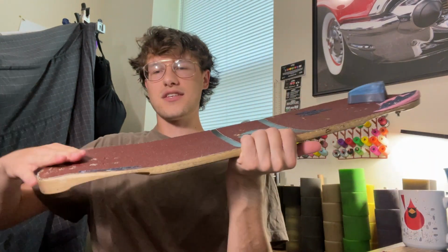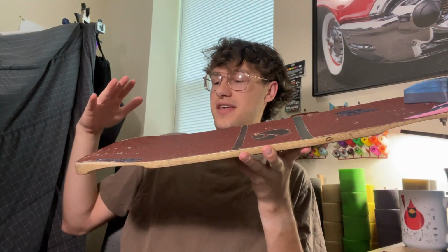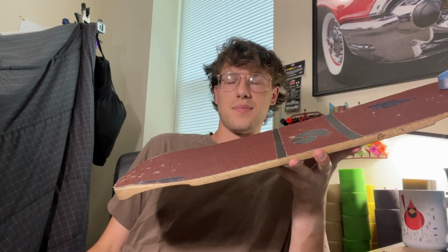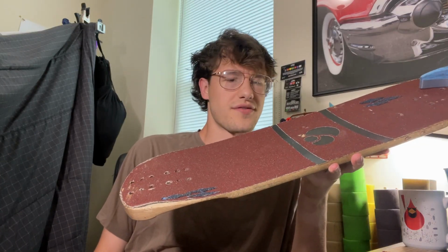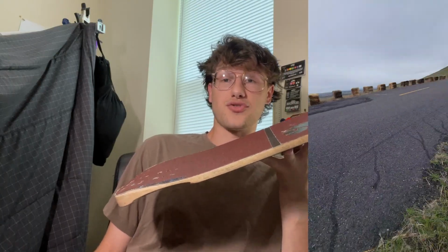Let's talk about things that I liked about the board, some of my pros. I think the torque block curvature is really natural. I think it's really comfortable, really ergonomic, and I think it's going to work for a lot of people. This board garners a lot of attention at events. I brought it to a number of events. People are always very interested in the tail and feeling it, and the feedback, the response has been extremely positive